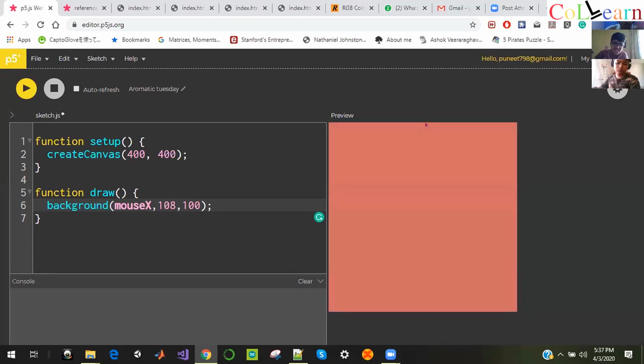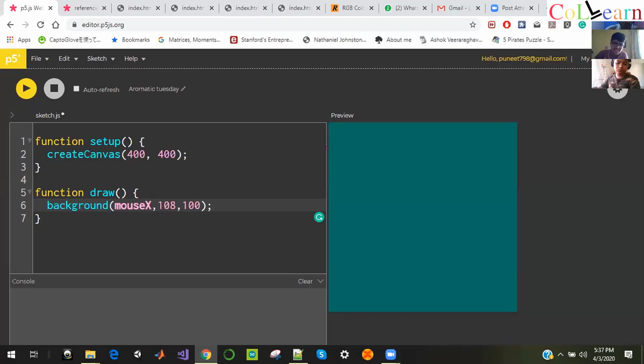So I am changing the value of X, and if I go down, I am changing the value of Y. But if anybody is not getting what X and Y are, just forget about this. We'll do multiple changes. So on the second number, just remove it and now write mouseY